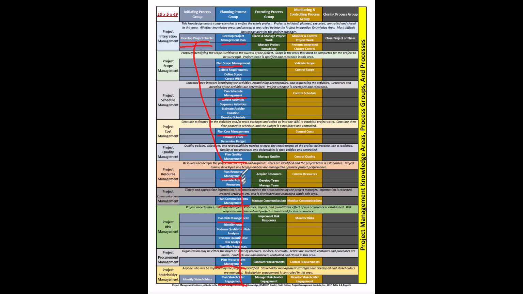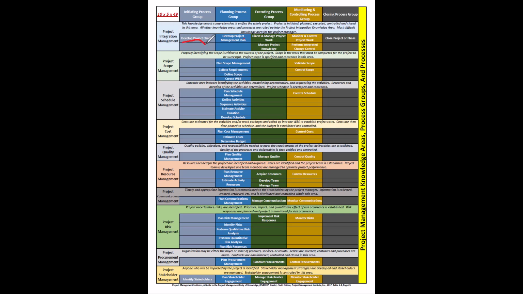Now, every one of these plans, every one of them, is going to flow up, and they're going to flow into Develop Project Management Plan. In Develop Project Management Plan, we create one project management plan that has 19 subsidiary components. So now, at the same time that we are doing this generic creation of the project management plans, we're also going to be doing some other things as well. For example,